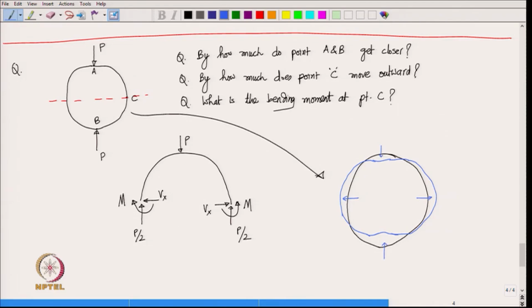Now, what can you say about the cross section of the ring right here at the point A? Is this cross section going to rotate? So, you can think, let us suppose it rotates in one particular direction, then why does it not rotate in the other direction? Right? You see, it is a perfect symmetric problem. So, the cross section at point A will not really rotate. Okay. So, it is as if it is a clamped support, the cross section is not allowed to rotate there,